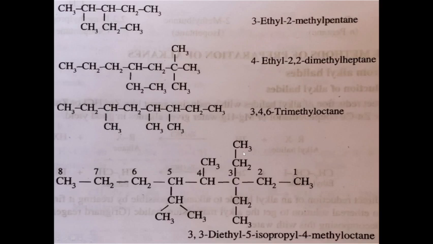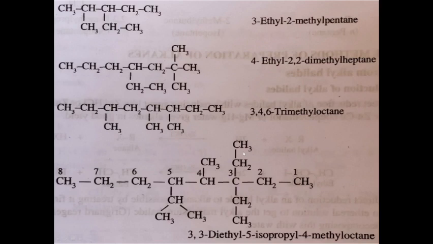So the normal butane, and its isomer structure is different: 2-methyl propane. Okay, and if we take another example, C5H12. Okay, in this case we get 3 structures with the same molecular formula. So 3 structural isomers are possible for this particular compound. One is pentane, 5 carbon atoms are attached and 12 hydrogen atoms are there. Then 2-methyl butane, and another one is 2,2-dimethyl propane. So all these possibilities you have to look at, and then only you have to write the structures.